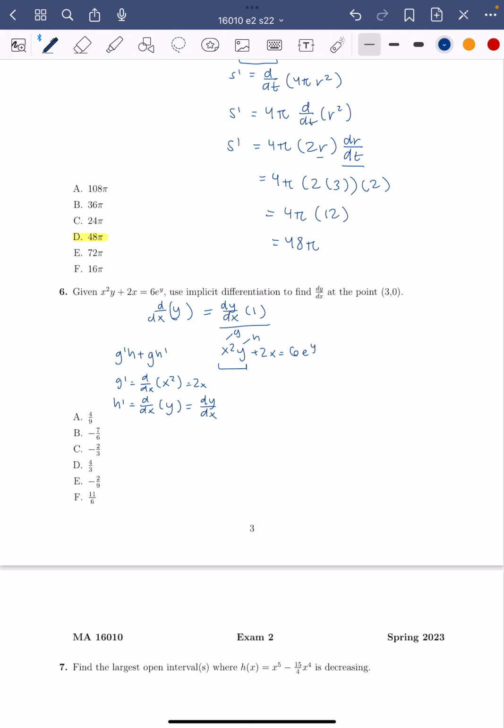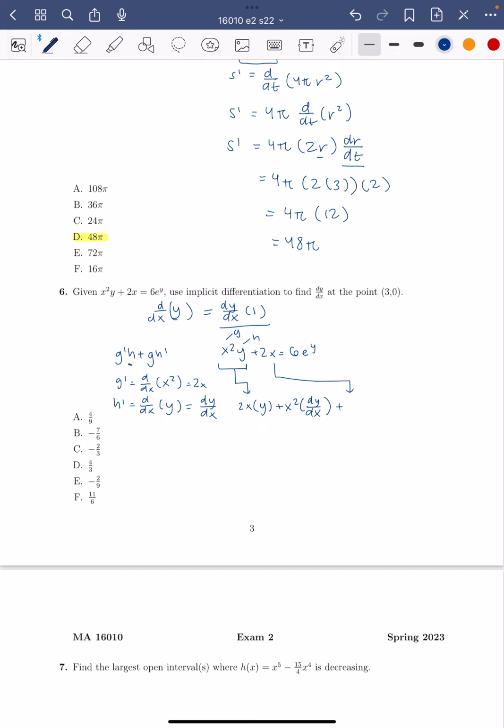We can rewrite this with the derivative of this first part: g prime, so that's 2x, times h, which is y, plus g, which is x squared, times h prime, which is dy over dx,